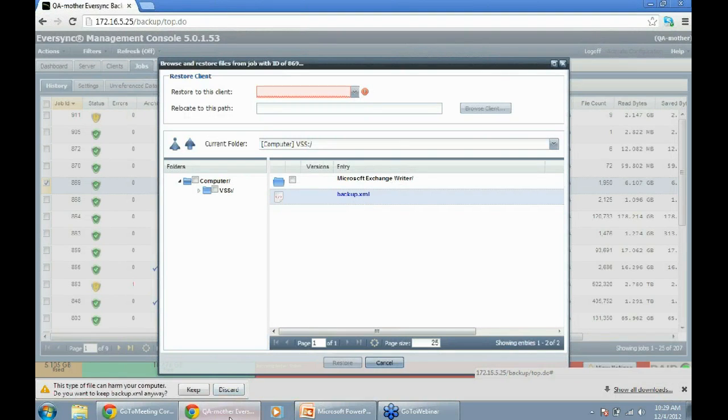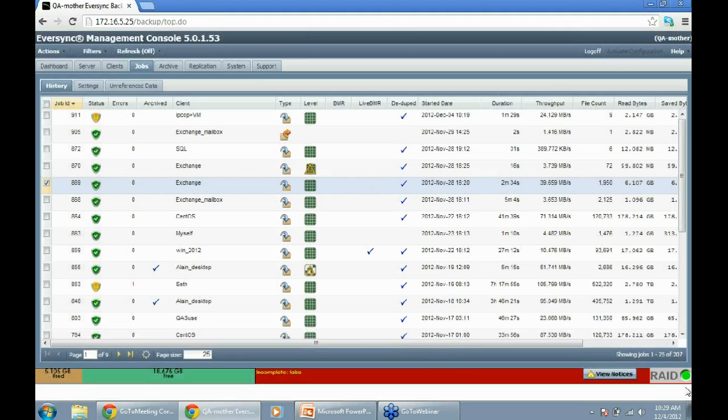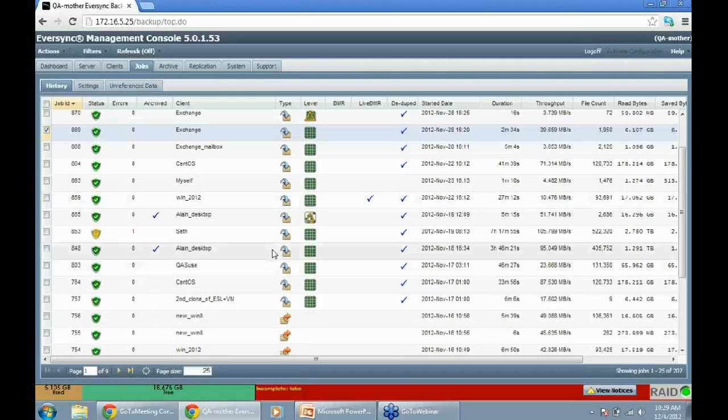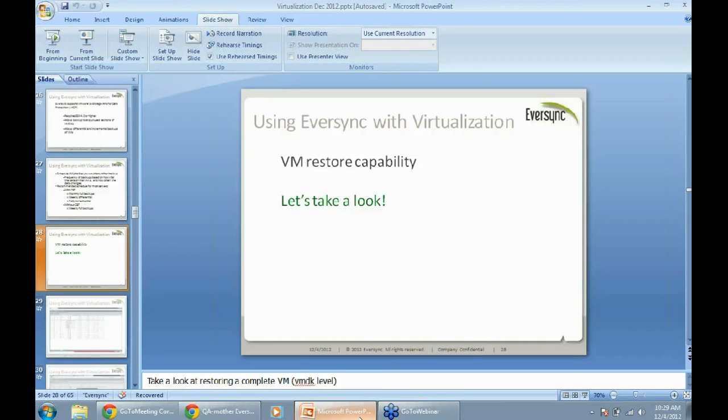Now, download and you're set. Of course, in there you also get the option to restore application data, like Exchange databases.